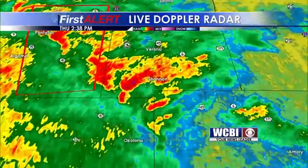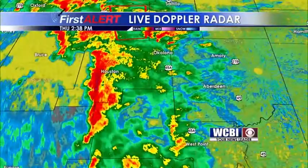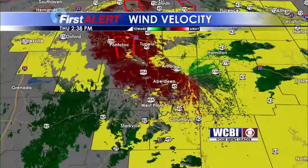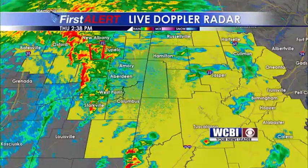We're keeping an eye on this little storm now moving to southern Lee County. A warning with that, but again, something we'll just keep an eye on. Looks like the rain over at Houston, just some downpours. Haven't noticed any rotation popping up there. West Alabama has gotten pretty quiet, though. Interestingly enough, just a little bit of light shower activity